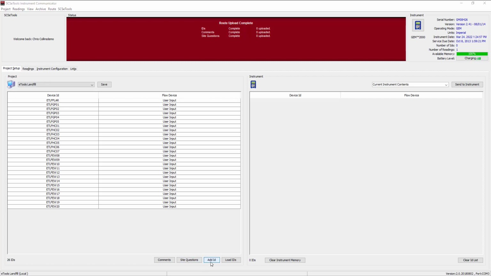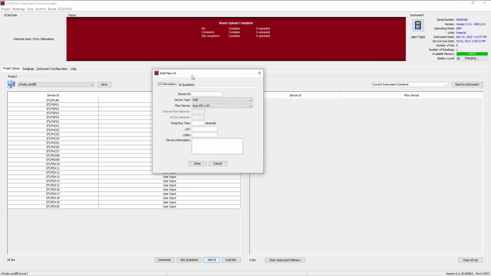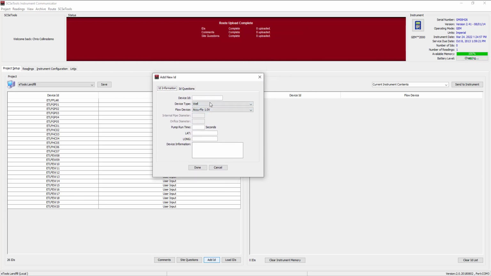If we go ahead and click on Add ID, it'll actually prompt up this window where we can put in our new ID, the wellhead information, the pump time. Go ahead and select your comments. All of that as you typically would if you're setting it up in offline mode. The difference is that once you go ahead and save that, it pushes it into eTools, and then the data approvers will actually have to pick it up from there to ensure that it is for the correct site, that sort of thing. If you do add a new ID, you still need to contact SCS support